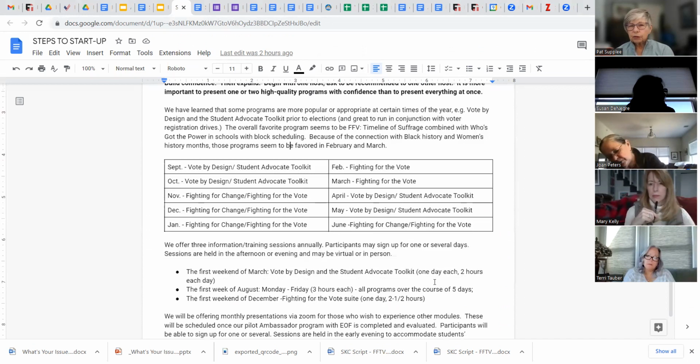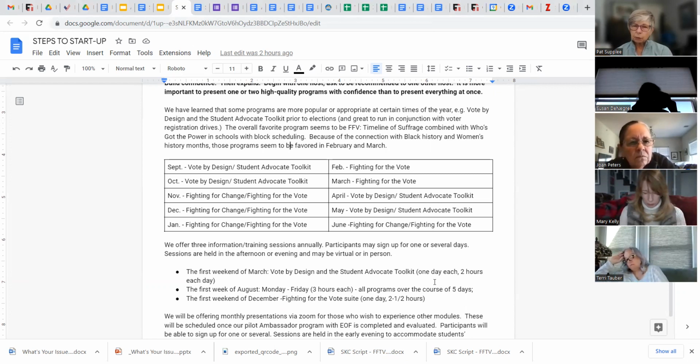We've also found that different programs are more frequently requested at different times of the year. So January, February, and March, we get lots of requests for fighting for the vote. Prior to an election, we get more requests for the Student Advocate Toolkit than anything else. We're starting to get requests for vote by design as people learn what it is, because what that does is help you